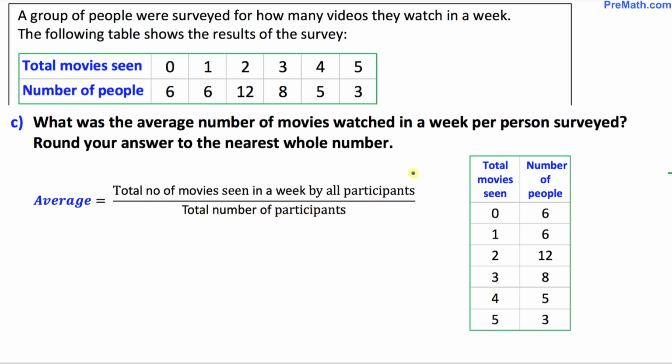As you can see, in our part B, we figured out the total number of movies watched was 89. Do you recall that one? And in part A, we figured out the total number of survey takers was 40 of them. So I can write this one. The average is going to be simply 89 over 40, and if I put it in a decimal form, that is going to be